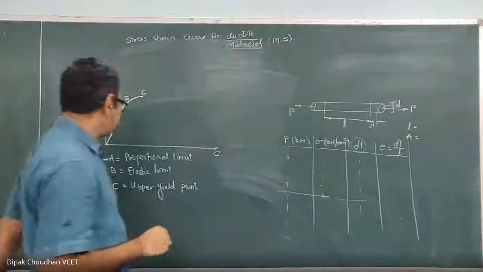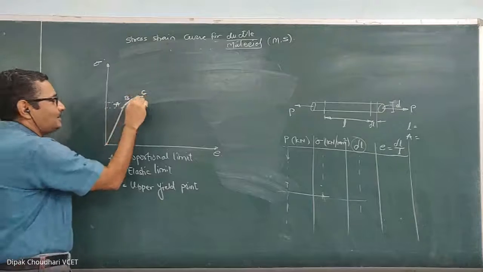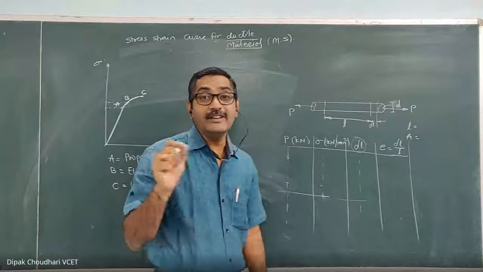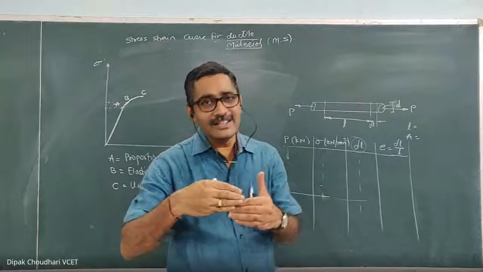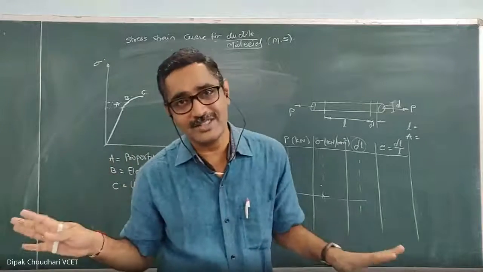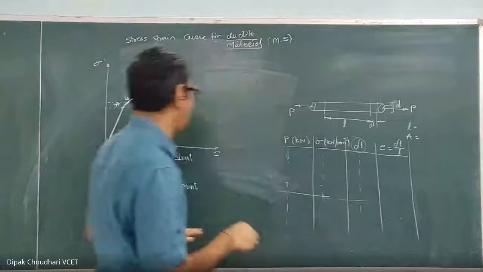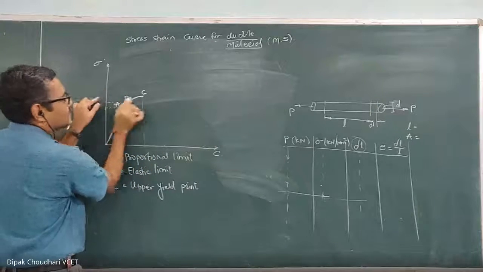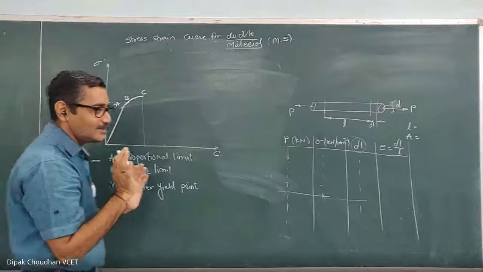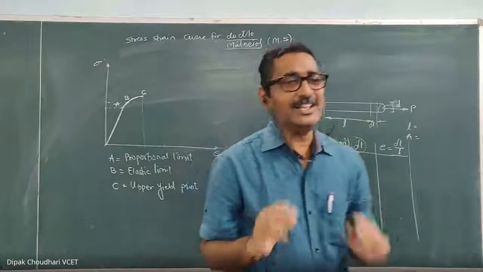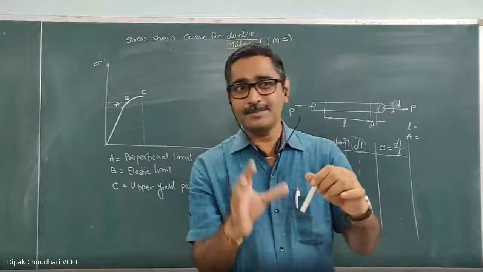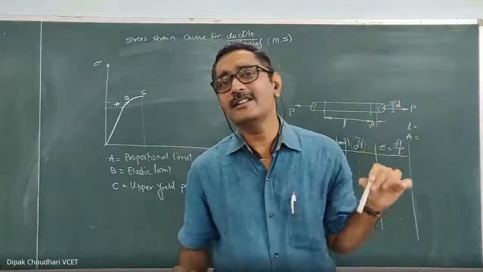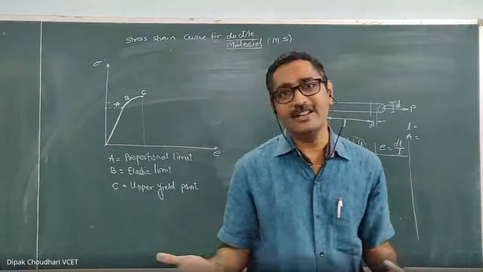Okay, so this is the upper yield point where the yielding starts. So remember this terminology, yielding. Yielding means there is an increase in the strain without increase in the stress, in technical language. Okay, there is an increase in strain without increasing the stress. That is known as yielding. To understand this word yielding: at that state, without increasing the load, there is a continuous increase in the deformation. That process is known as yielding.